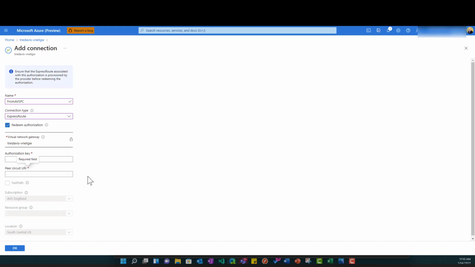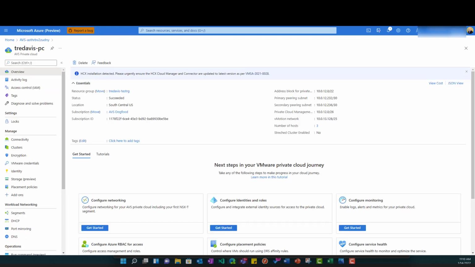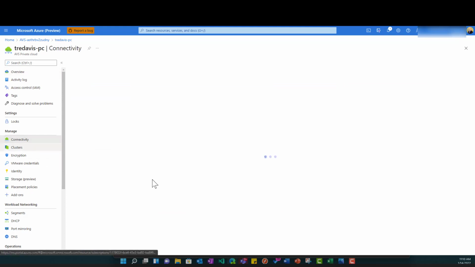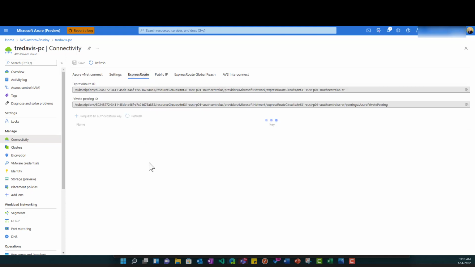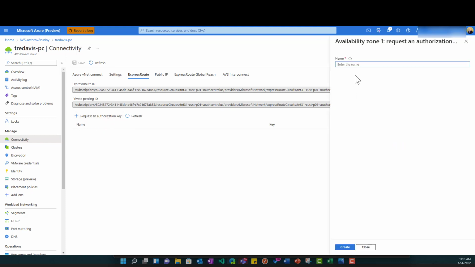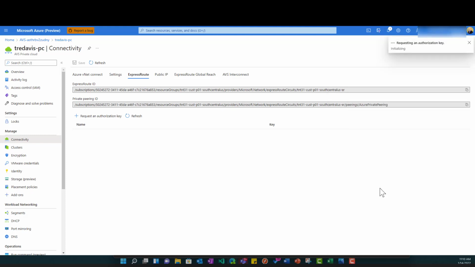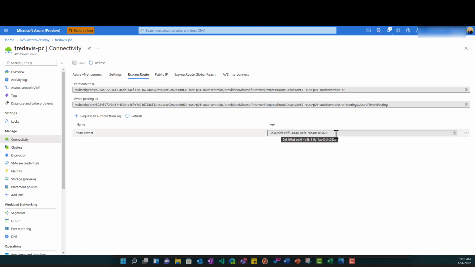So to be able to redeem an authorization, you're going to need an authorization key and a peer circuit URI from the AVS Express Route. So to get that, go back over here to your private cloud portal, go to connectivity, go to the Express Route tab up here, and you're going to request an authorization key. This process only takes about a second. All right, then we're going to copy the key here,